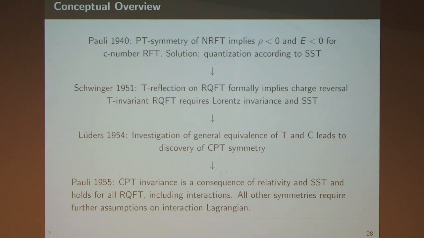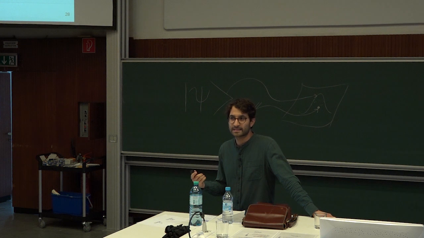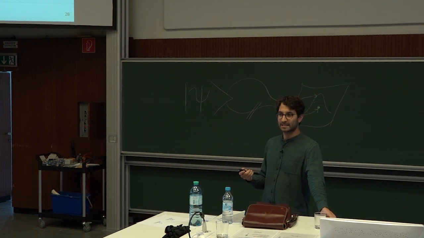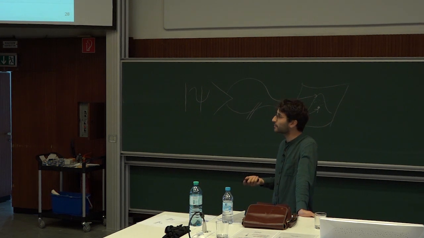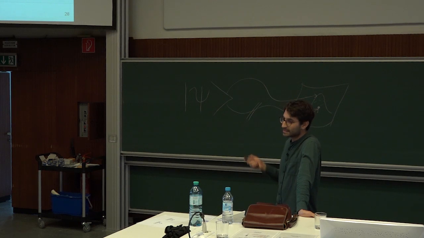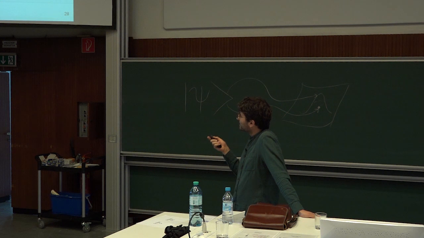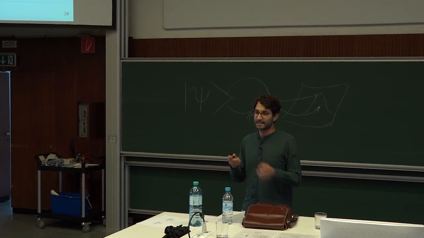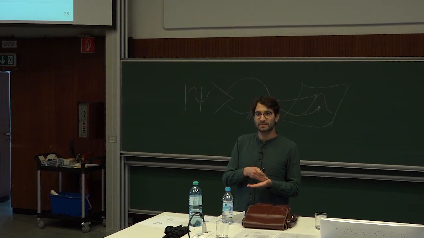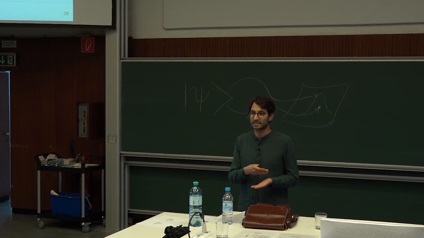So to conclude, I'll just give an overview of what the story is. In 1940, Pauli was able to show that a C-number relativistic field theory doesn't make sense. We should really start from a Q-number theory, and he does that by using PT symmetry, and that's what he uses to motivate quantization. Then in 1951, Schwinger is able to derive directly from symmetry considerations of the spin statistics